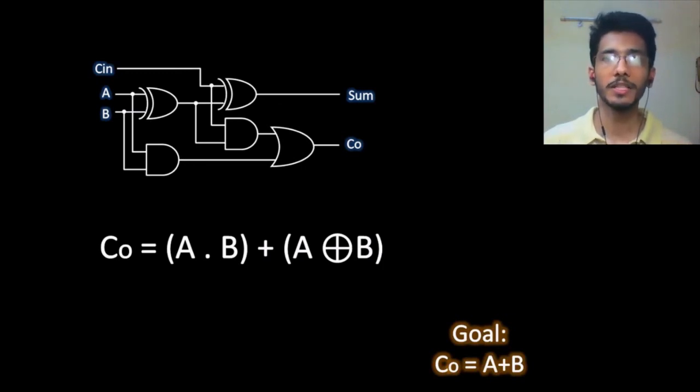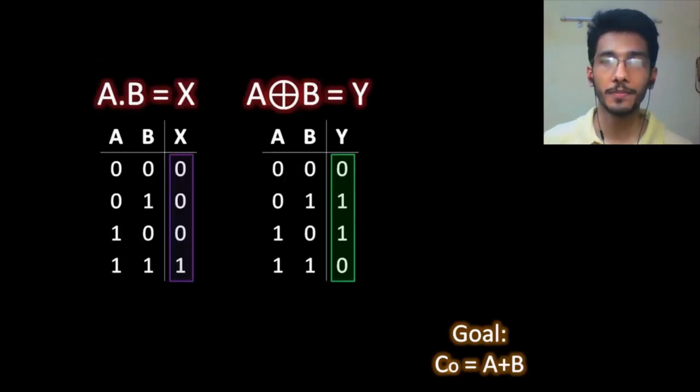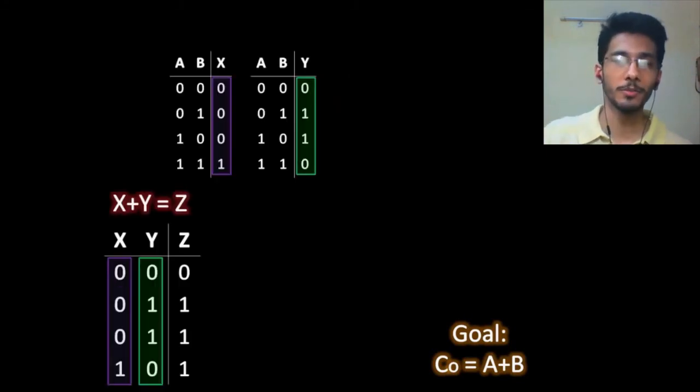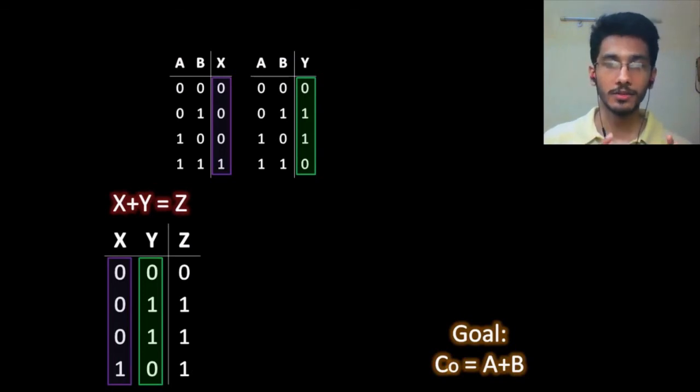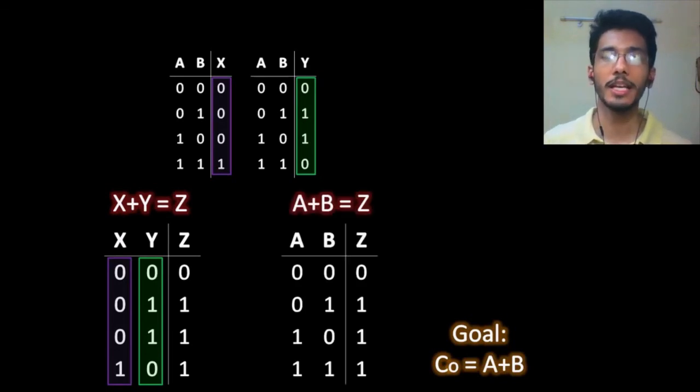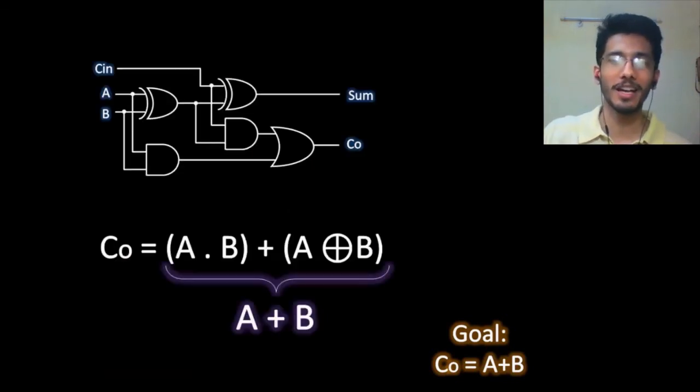And to do that, the simplest way I figured out was to actually start making the truth table for this specific equation. So here's what I did. I wrote down A and B separately. I wrote down the A XOR B truth table separately. I took those results, I ORed them together, so you have X or Y, and it generates the result Z. Now this Z is actually the final result of the equation you saw previously. Next to this truth table, I also placed the truth table of A or B. And to my surprise, the results of these two tables actually match. So in essence, this equation is the same as A or B.